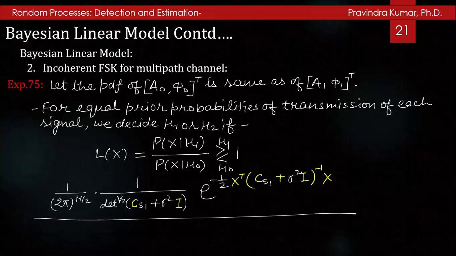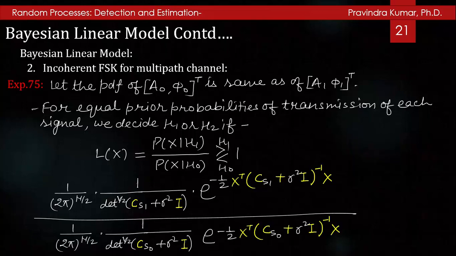I can write the conditional PDF under hypothesis H1 as 1 by (2 pi) to the power n by 2, into 1 by determinant of (C_S1 plus sigma square I) to the power 1 by 2, into e to the power minus 1 by 2 x transpose times the inverse of the matrix (C_S1 plus sigma square I) times x,